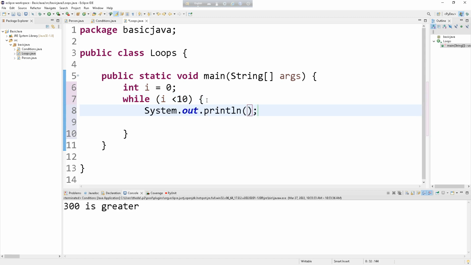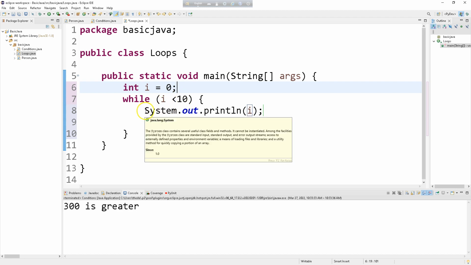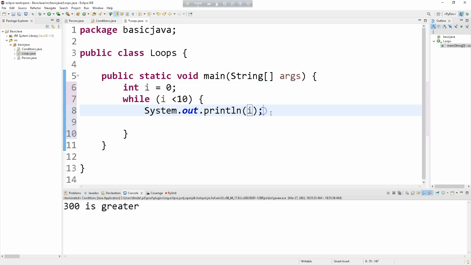So sysout, Ctrl spacebar, print i. We know i is equal to 0, definitely i is less than 10, so it will be printed,